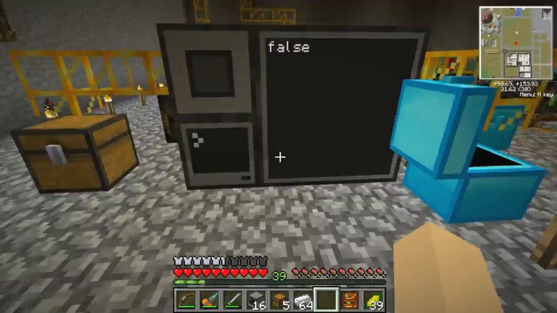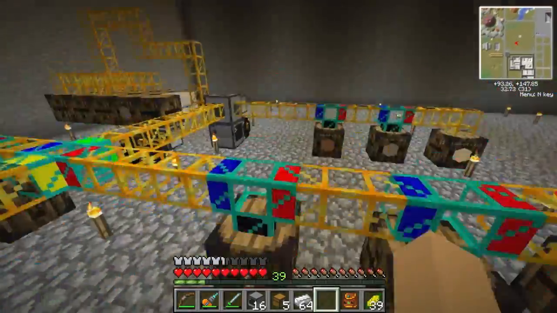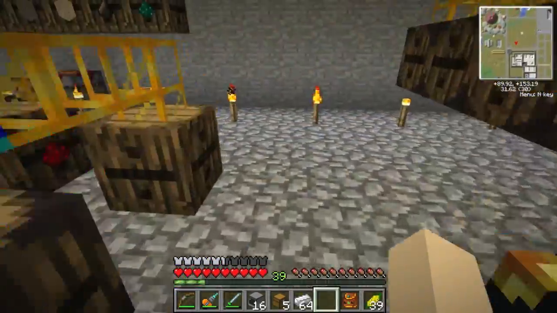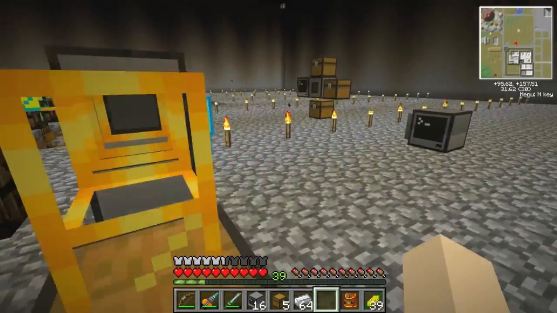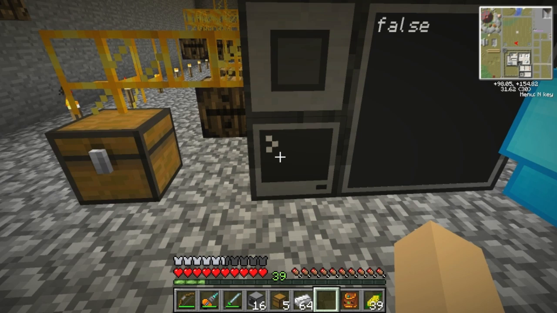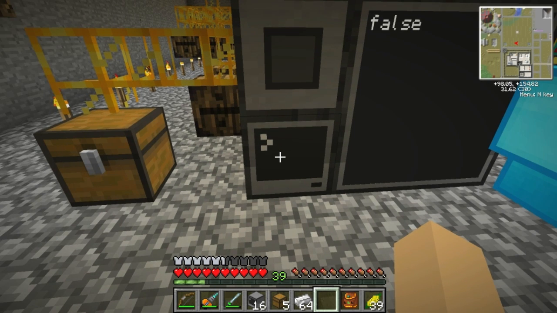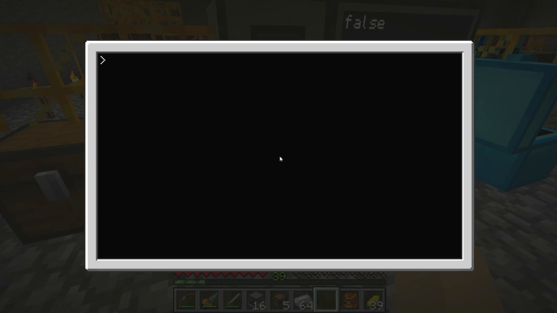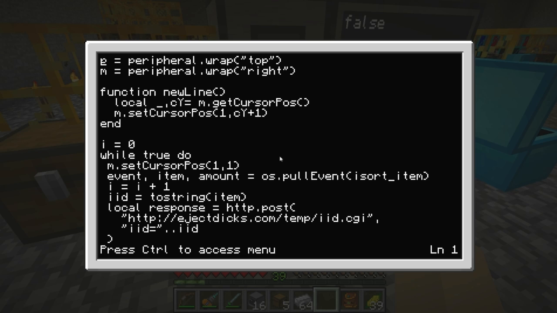But today, what I'm going to show you, I'm just going to use cobblestone because it's the only thing I've programmed into the website so far. So what I've decided to do is I want to catalog my items using a MySQL database, so the best way to do that is to call up the MySQL database using the HTTP API. So we're going to start off looking at just a simple sort script,